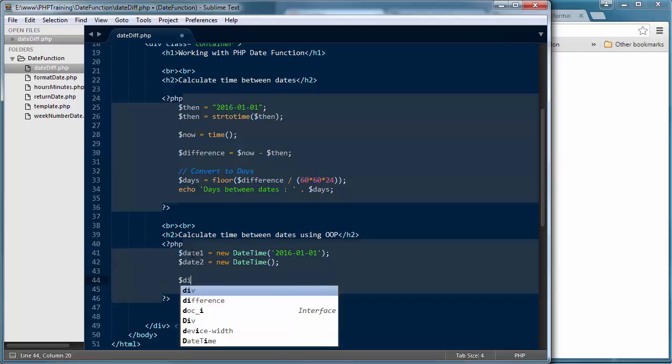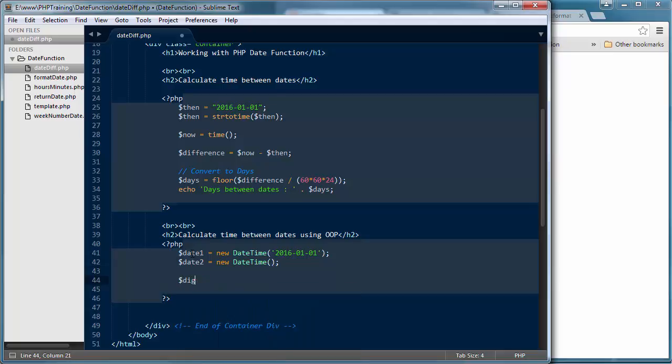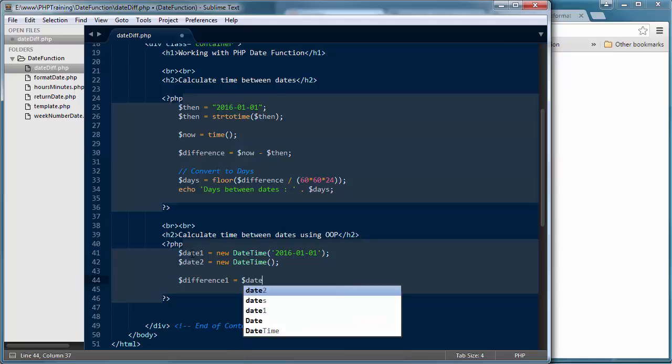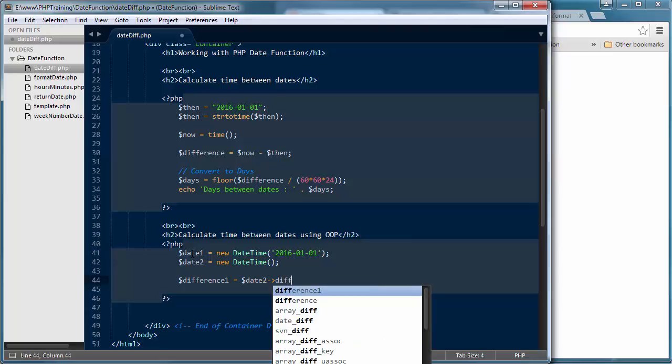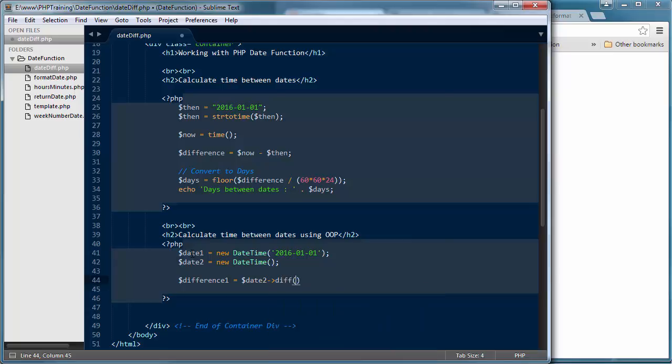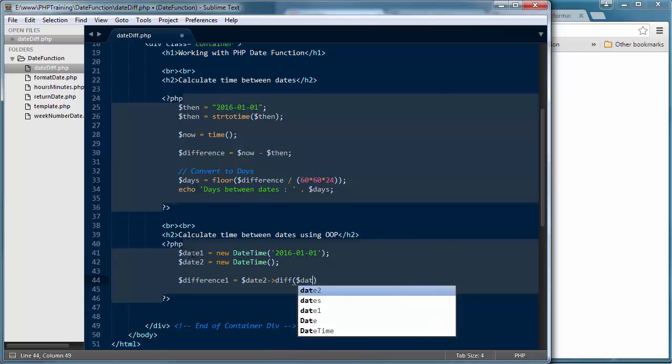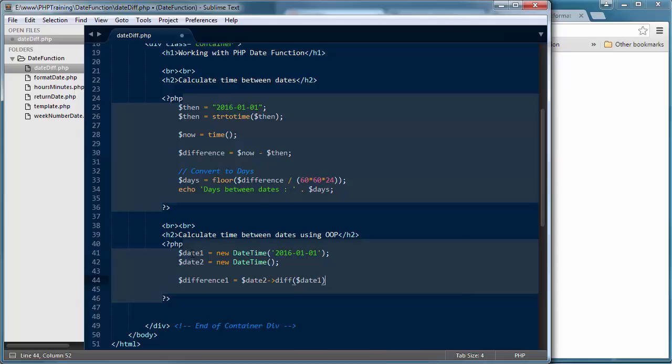Now what I want to do is I want the difference. So I'm going to create a variable called difference. And I'll have this one as difference1 because we actually have a difference in the previous example and I don't want the variables to get confused amongst themselves. And I'm going to say date 2 object of the diff. Inside my parentheses, I'm going to say date 1. And again, I'll explain this as soon as we complete it. Come outside my parentheses,